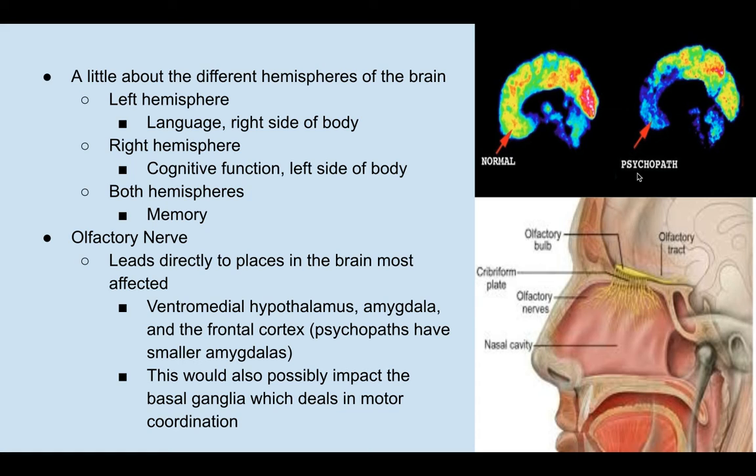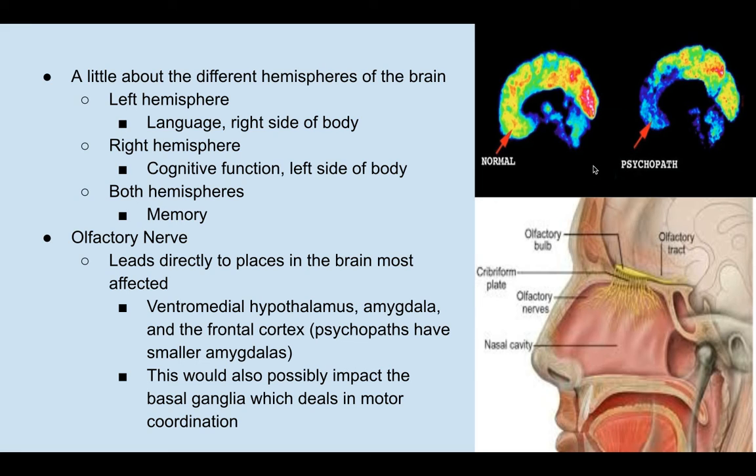So, the ventromedial hypothalamus is responsible for telling you that you're full. If that were to be affected, that means that you would never have anything telling you that you were full, so you would just continue to eat and eat and eat. The amygdala is responsible for controlling emotions and memories. With damage to the amygdala, you wouldn't have any emotions, which is where psychopaths come in. Psychopaths really don't have emotions, and as you can see in the diagram, it's more lit up on the normal side versus the psychopath side because they don't have any receptors in their brain for the amygdala.